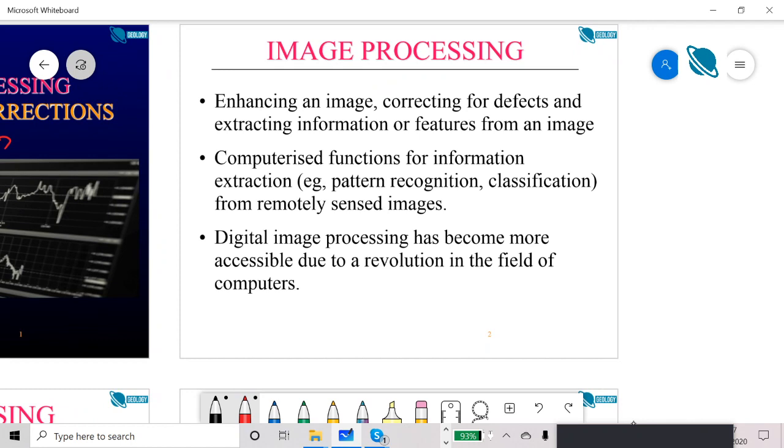So first of all, what is image processing? Each and every one of you is using image processing in your daily lives. When you capture an image using your cell phone, and when you see it on the screen, it is a processed image, it is not a raw image. Even if you don't put any filters or apply an enhancement, still there is some pre-processing going on behind the scenes.